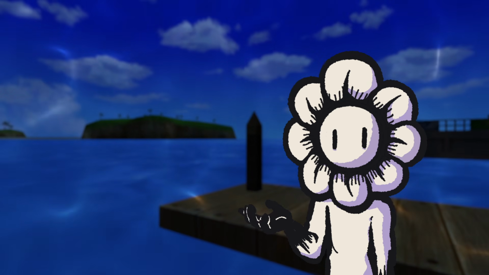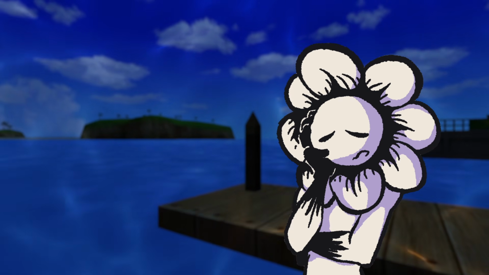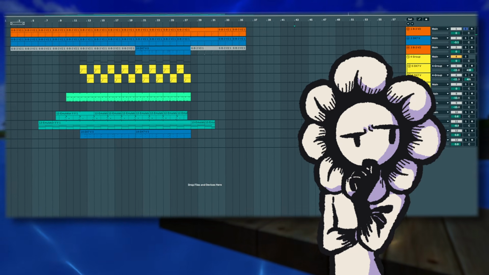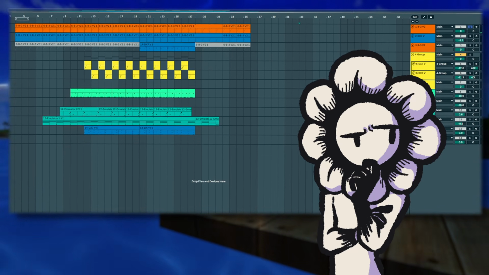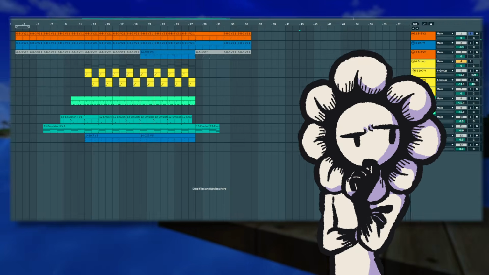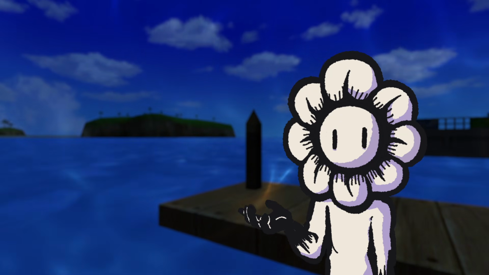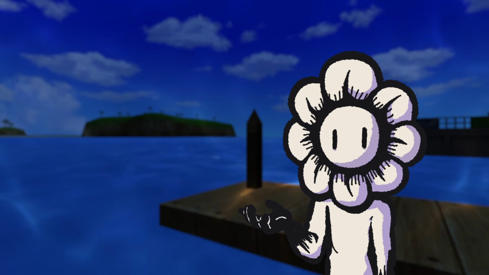It's actually such a simple song if you break it down. Just look how empty this arrangement is. That being said, I do think with underwater music, empty space is really important. You don't want to add too much, because instead of making a song, we're focusing a bit more on the atmosphere.